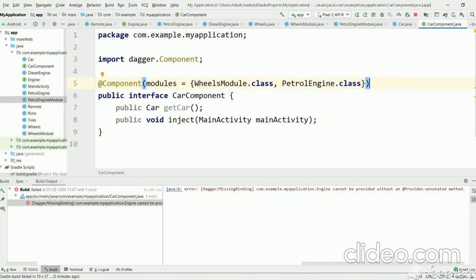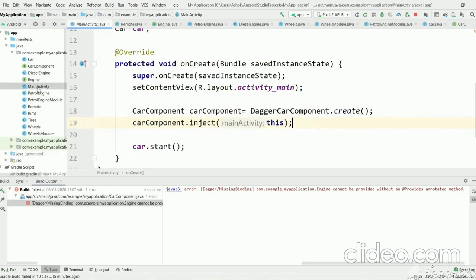Now Dagger searches in these modules, this petrol engine module, to get the required object. Here we will get an engine object, here we will get the module object. And in the main component, here we are getting an error.